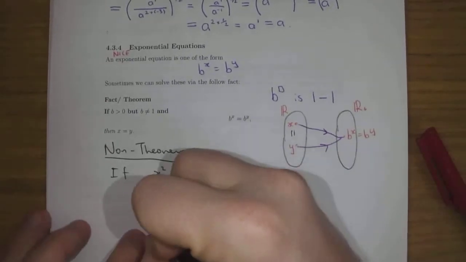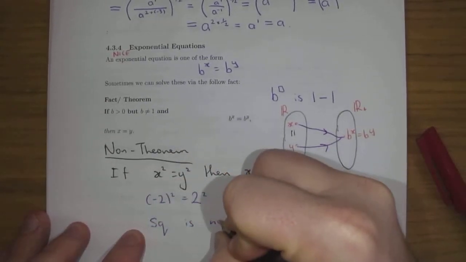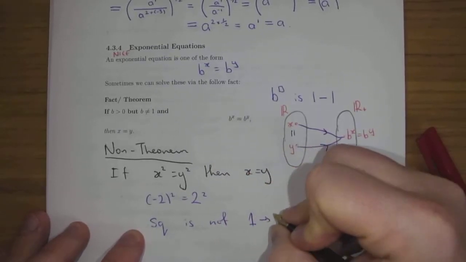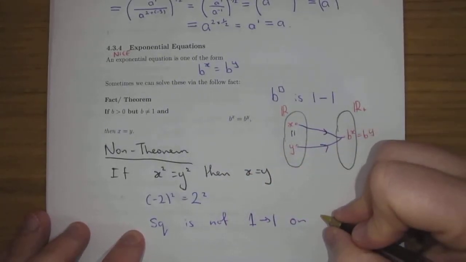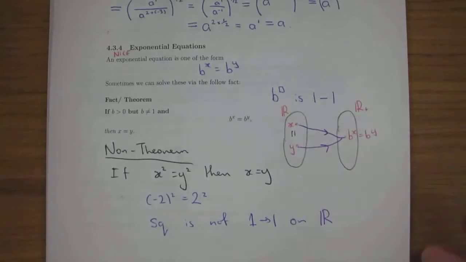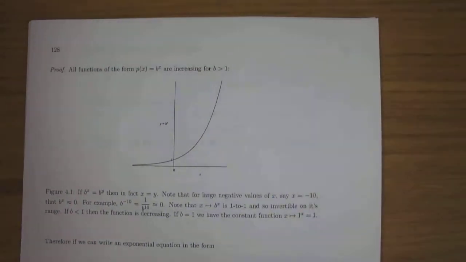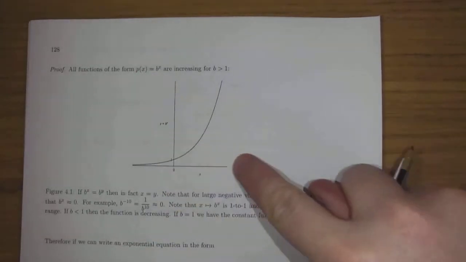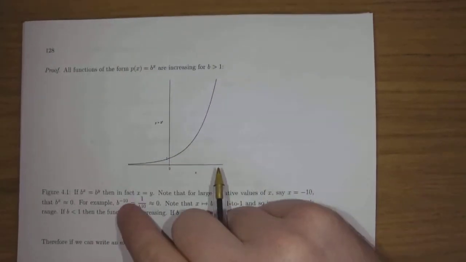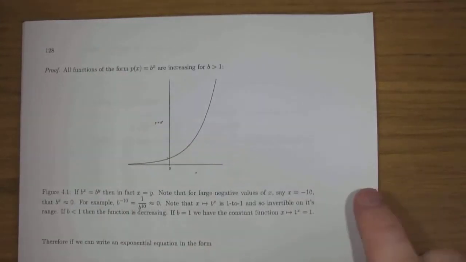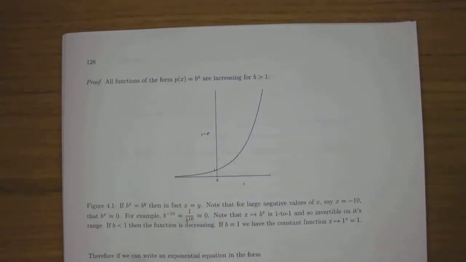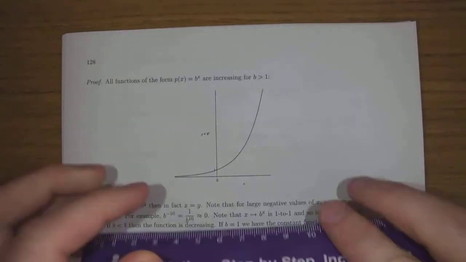So let's write down something here. The squaring function is not 1 to 1 on real numbers. Okay. Now I've just said b to the power is 1 to 1. Let's explain it a bit. All functions of this form are increasing for b greater than 1. If b is between 0 and 1, you can basically show that it's decreasing. You need a bit more to show that it's increasing, but trust me, it is. So by the horizontal line test,